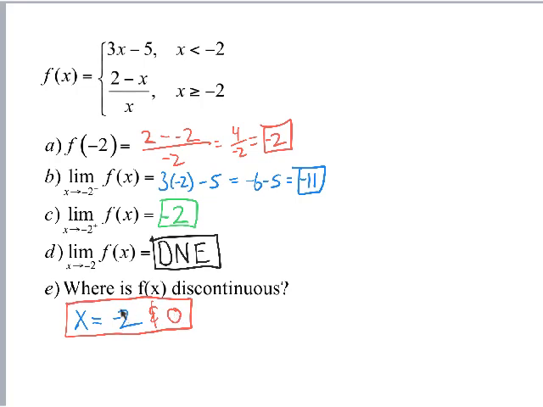At negative 2, it's a non-removable discontinuity, and so is 0. All right, because if you know anything, this right here would be an asymptote, and at negative 2, they come from both sides and don't come to the same